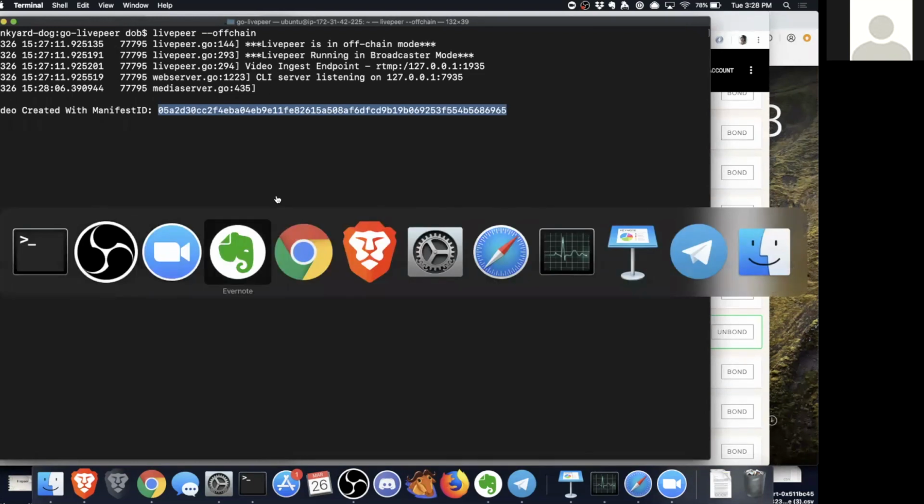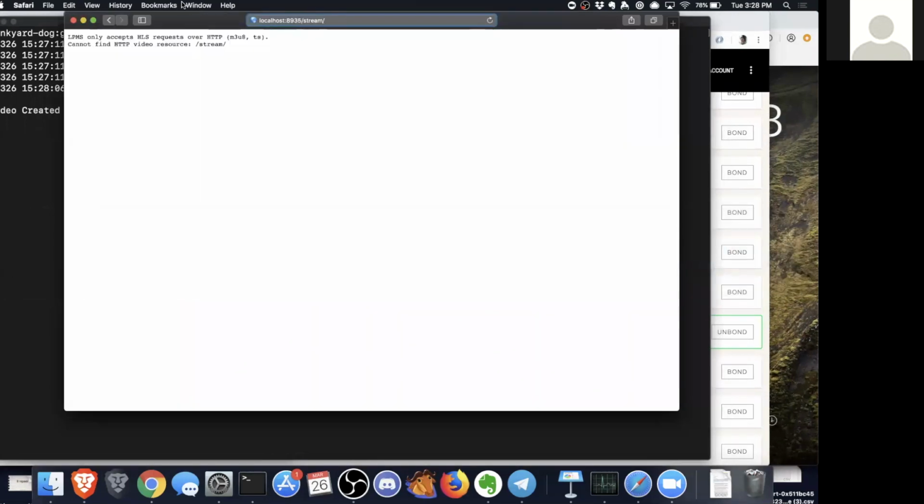I'm going to do this using the Safari browser, which supports these video streams natively. I just construct a URL, pulling from my node /stream/ the manifest ID .m3u8, and this is all covered in the documentation.